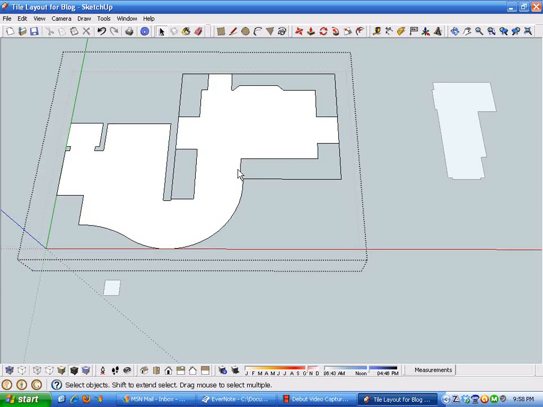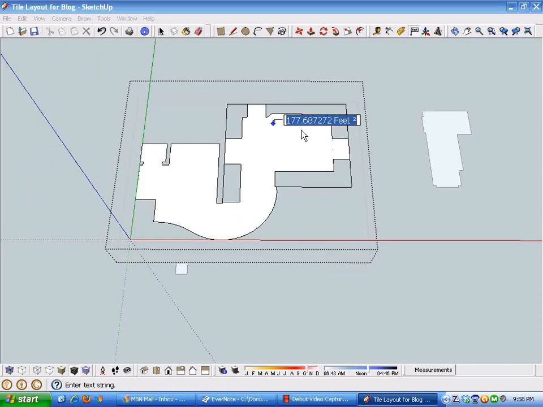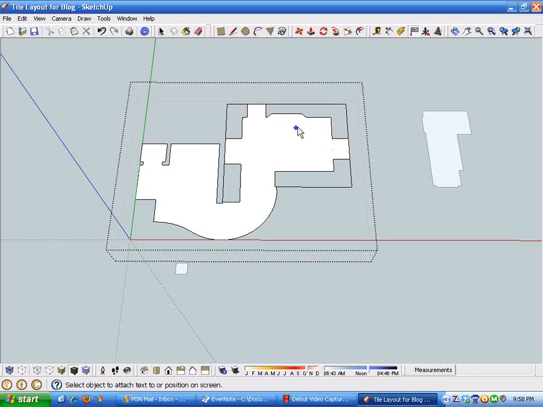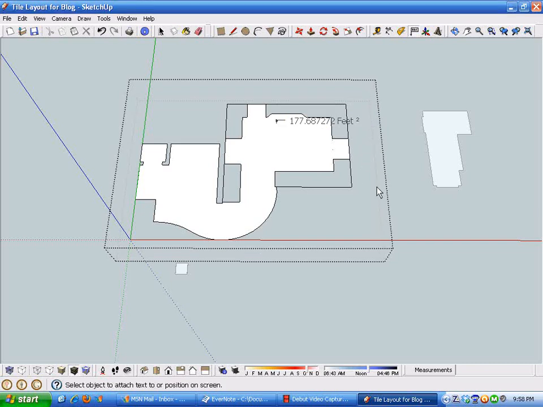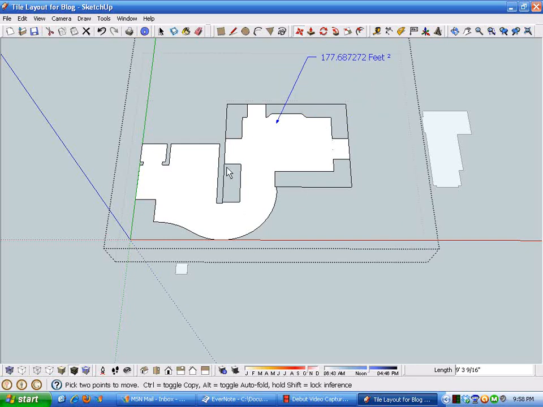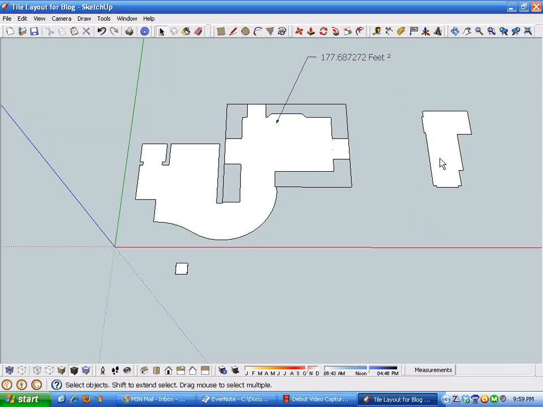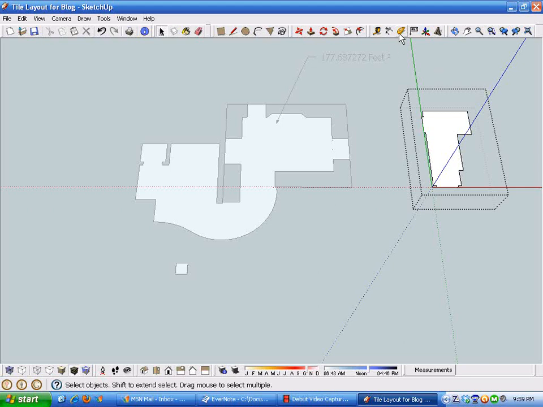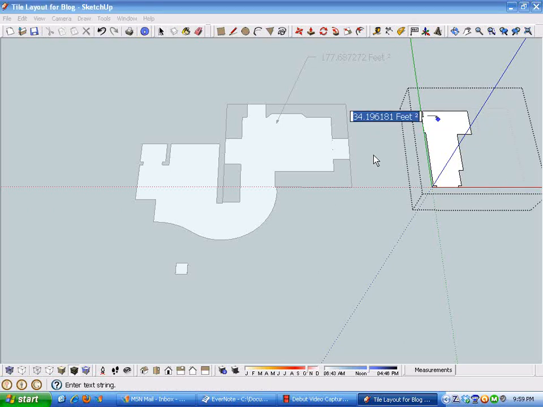The first is to look at the actual square footage of these floor plan areas. So I've double clicked into this group edit mode with this main floor plan area, and when I click the area or the text tool, I come up with a dialog box, and in that it gives us how many square feet this is. Just like that, with all the complex curves and various shapes, it tells me that that's just a little under 178 square feet, which is a pretty handy thing to do and a simple way to come up with that calculation. And I'll do the same thing here,